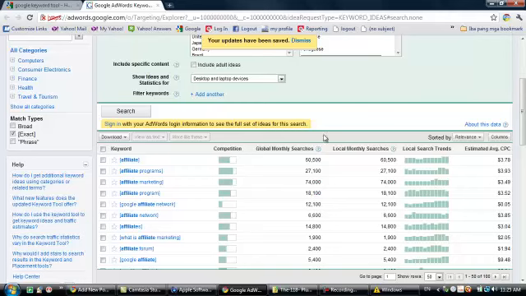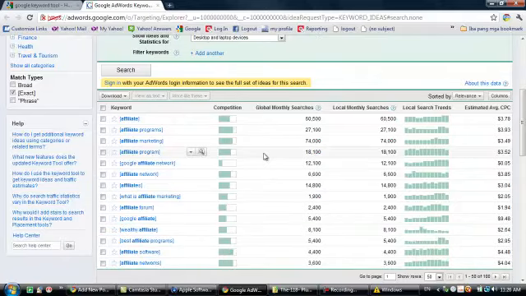So as you can see here, for you to analyze which keyword best fits your website, it actually depends on whether you are an advertiser with Google AdWords, where you buy advertising from Google AdWords, or you are a publisher.